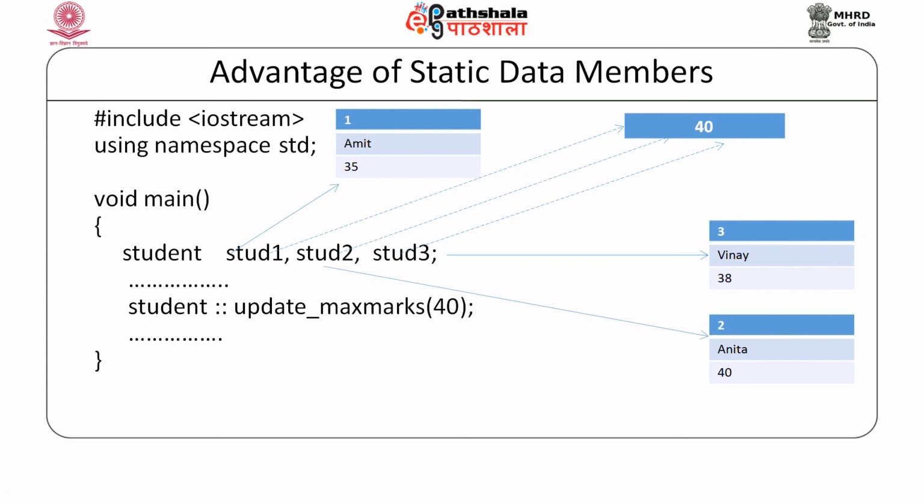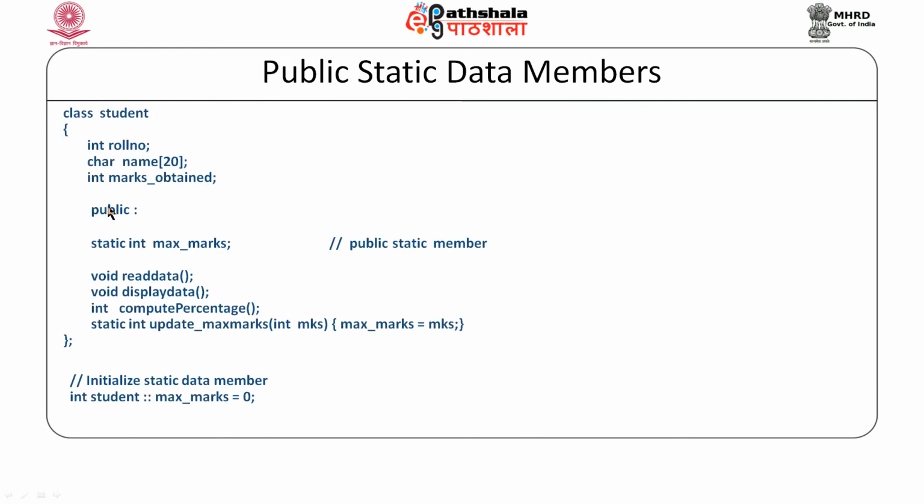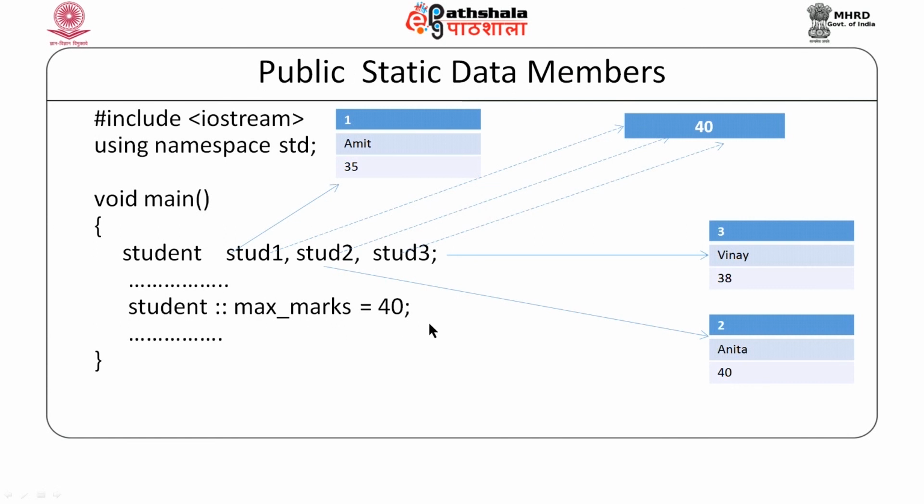As the static member function does not require an object, similarly the reference to a static data member also does not require an object. But since the max marks data member is private, it is not possible for us to directly access it in main. But if it would have been a public data member, for example, if instead of private we bring it into the public section, we could have also done the initialization this way. Now, since max marks is a public member of the class, it is possible for us to access it in the main function as well.